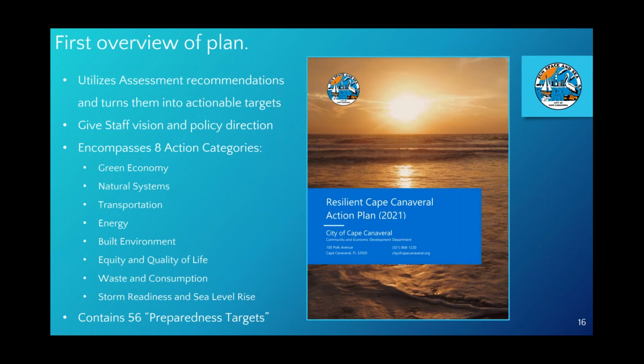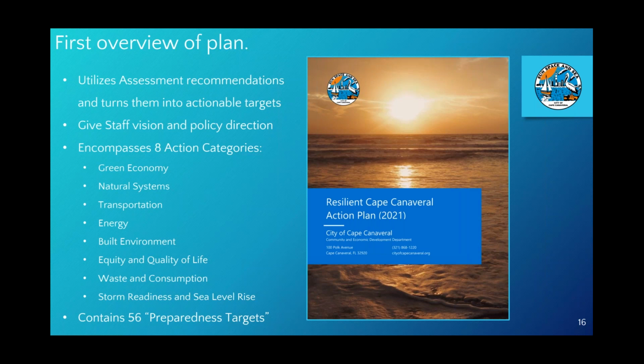It is not intended to remain stagnant in its policy directives and infrastructure plans. Like the world around us, it is designed to change and be changed as necessary, with built-in review periods by staff that are open to the public to ensure maximum efficiency, equity, and success. As stated before, this action plan will give staff the vision and direction they need to plot a course for sustainable and resilient development in the city for decades to come. The city is currently undertaking many sustainability and resilience-based initiatives, but the city does not have a guiding document that sets deliverables and implementation periods.